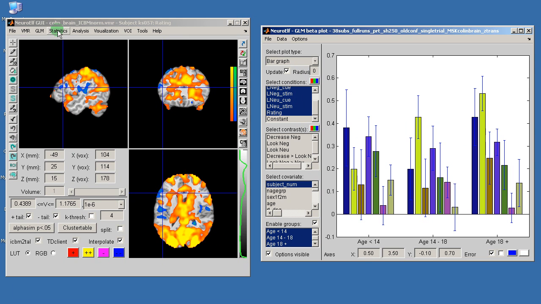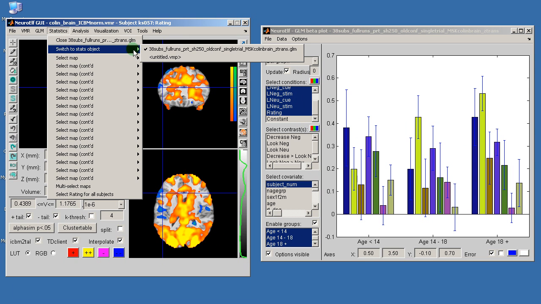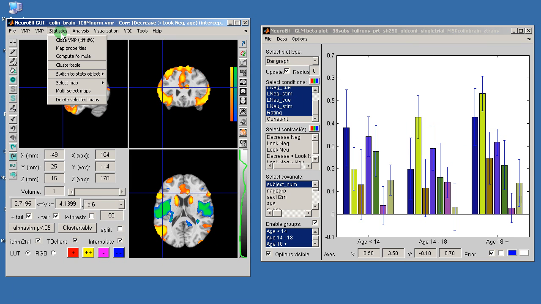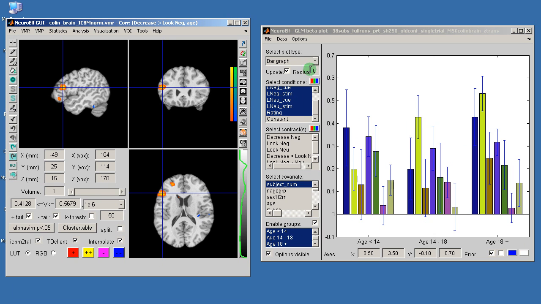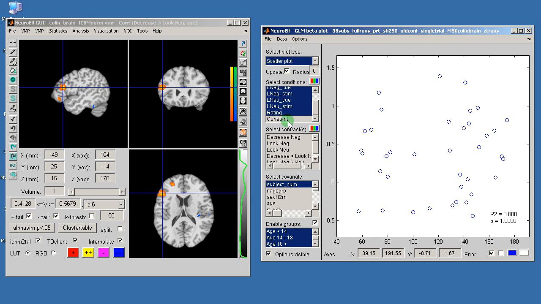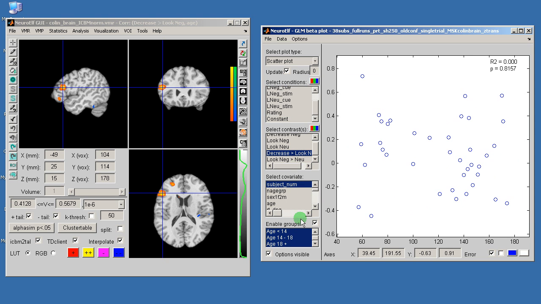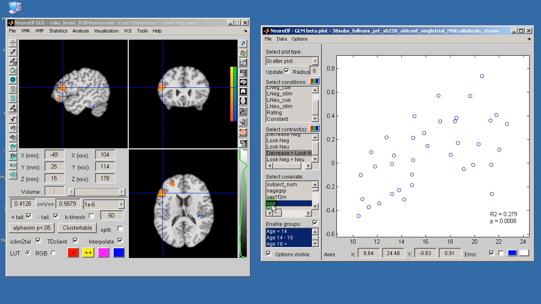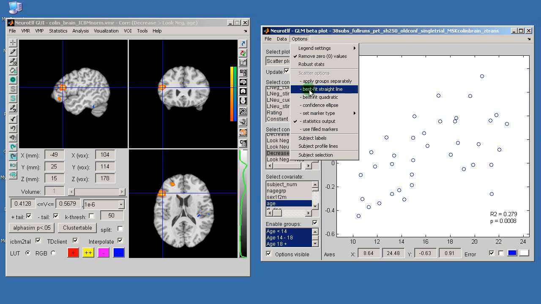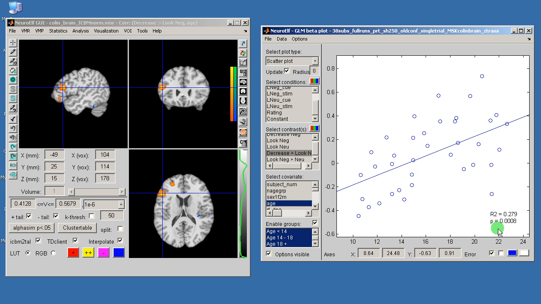So the first thing that I'm doing is switching back to the VMP and then selecting the correlation map. And now to see how the actual values are, I'm switching to a scatter plot. I'm picking the contrast of interest, which is decrease over look negative, and then I'm picking the covariate of interest, which is age. And then I can eyeball already that, yeah, it seems that there is quite a correlation in the data here, and I can then show a line of best fit,